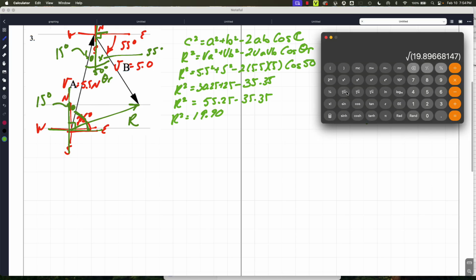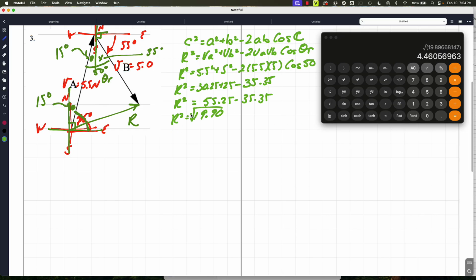Square root that, and we have R equals 4.46 newtons. Now that we have R's value here as approximately 4.46 newtons, we now know R, we know angle theta R,